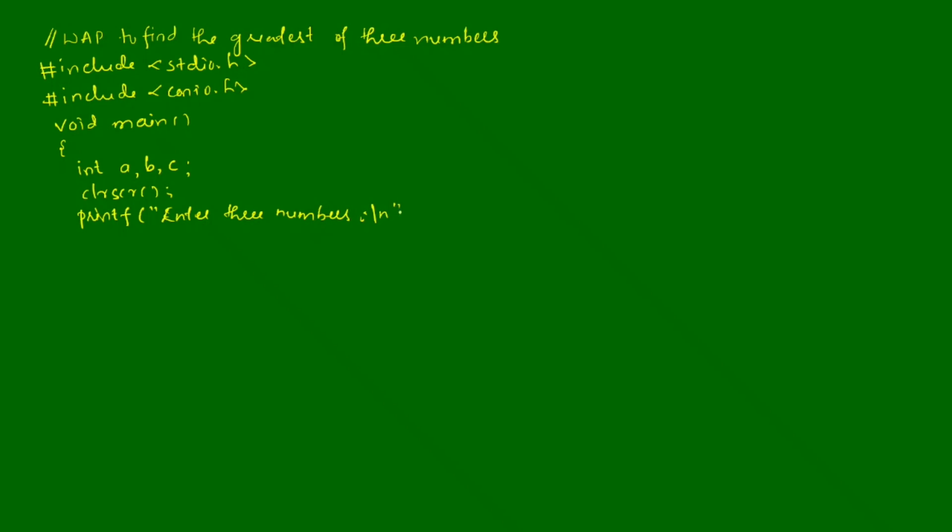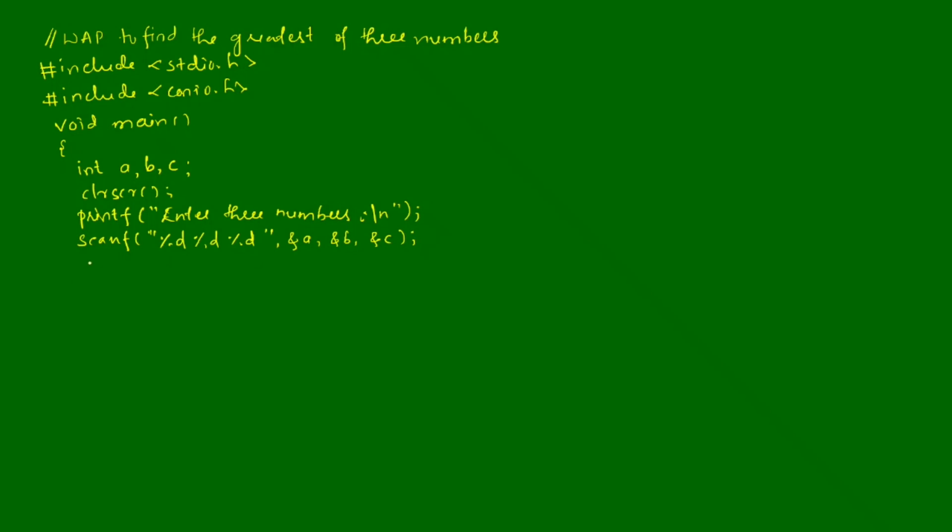So backslash n, end the double quotation mark and put a semicolon. Now we are going to receive the value of A, B, and C using a scanf statement. In double quotation marks, I'm going to write the format specifier %d, which indicates it is an integer type of data, %d and %d. End the double quotation mark, put a comma, ampersand of A, comma, ampersand of B, comma, ampersand of C, and put